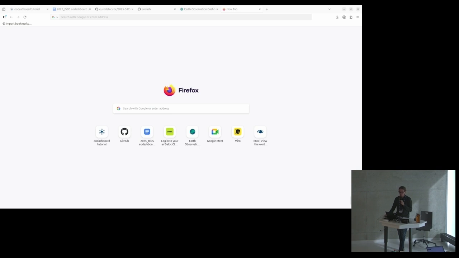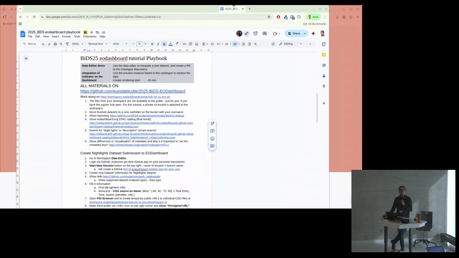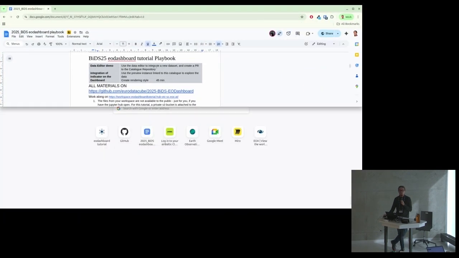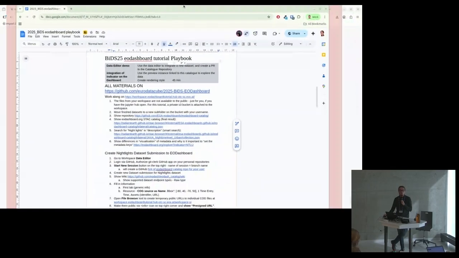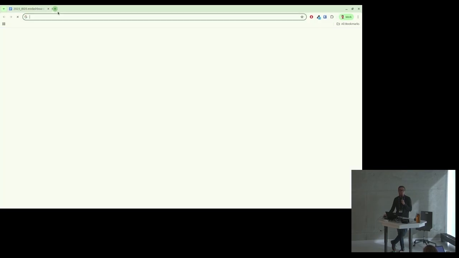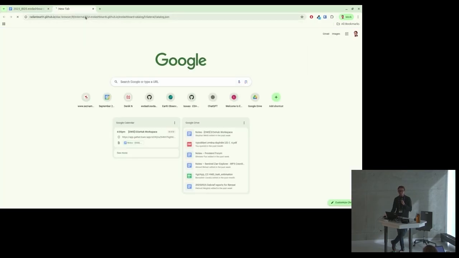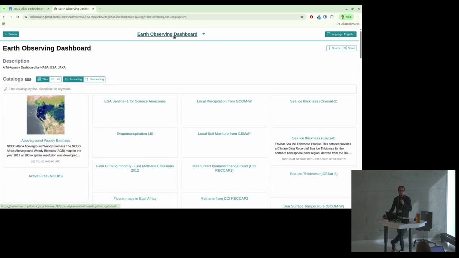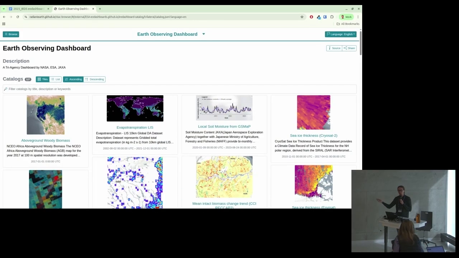I'm now actually following the playbook that we linked at the beginning, so I will show where I'm taking the link from. It is from the fourth link, so our Stack catalog via the Stack browser. And here I can basically do the same workflow. Have a look at the night lights collection